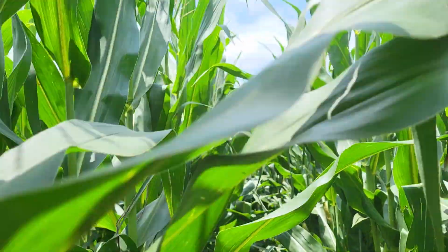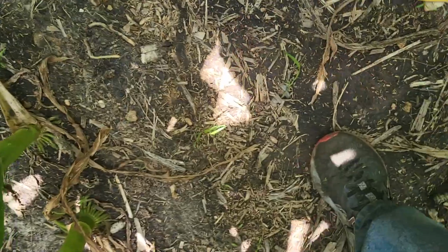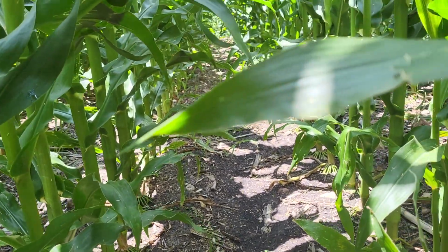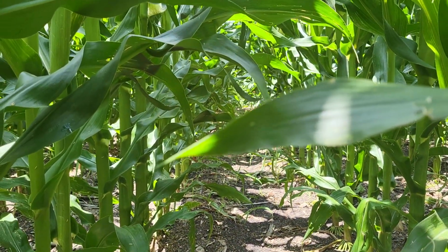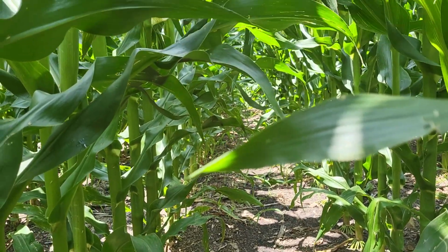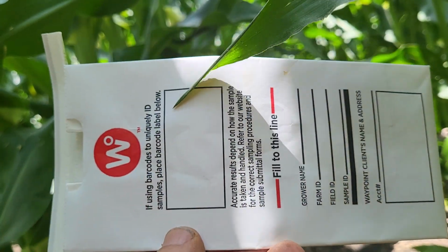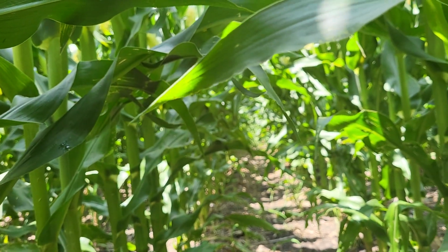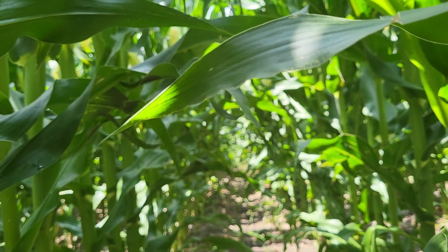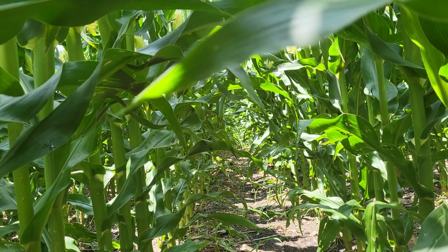Anyway, so that's what this field looks like. It's refuge corn. Looking down underneath, everything looks green like normal, like the other field did. But the reason I'm taking data here is we're going to get tissue data, and then we're going to take a soil sample here. We're trying to figure out exactly where we get money back for having higher potassium in